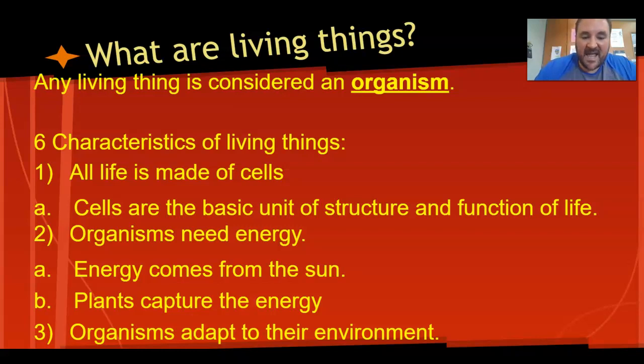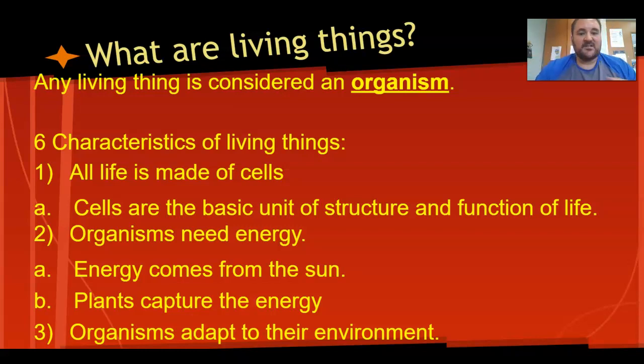Organisms must adapt to their environment. Now, to adapt takes millions of years. You don't adapt over time. Examples of adaptations: your thumb. Your thumb is an adaptation. It allows you to touch all of your other fingers and do things that other organisms don't have. Primates have what we call an opposable thumb. A primate is anything in the group that would include like monkeys, chimpanzees, orangutans, gorillas, things like that. So your thumb allows you to do many different things.